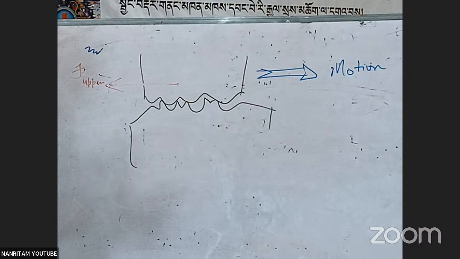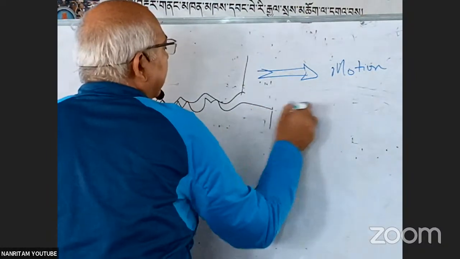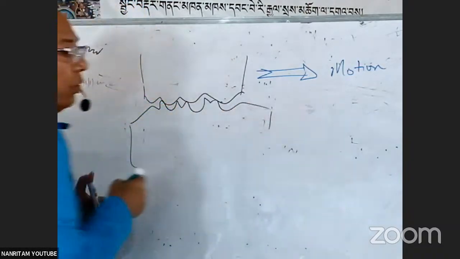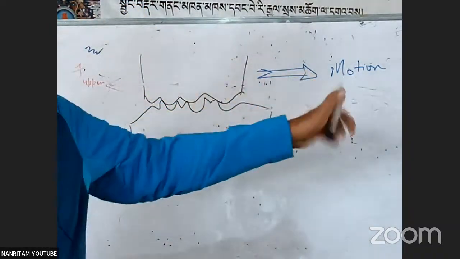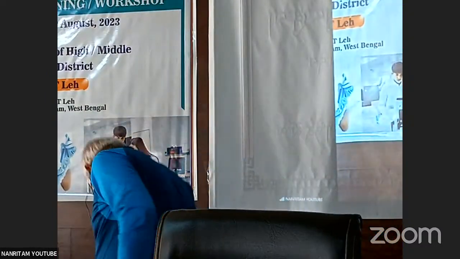Now friction also obeys Newton's third law. To every action there is equal and opposite reaction. The friction on the lower hand is in the forward direction. The friction on the lower hand, they are in opposite directions. Let us understand it deeply through a small experiment. So I have taken a